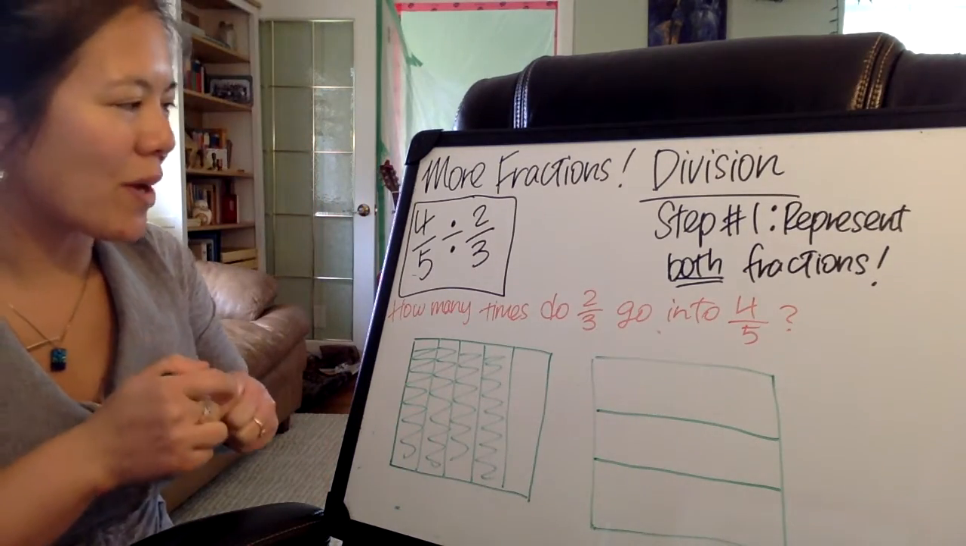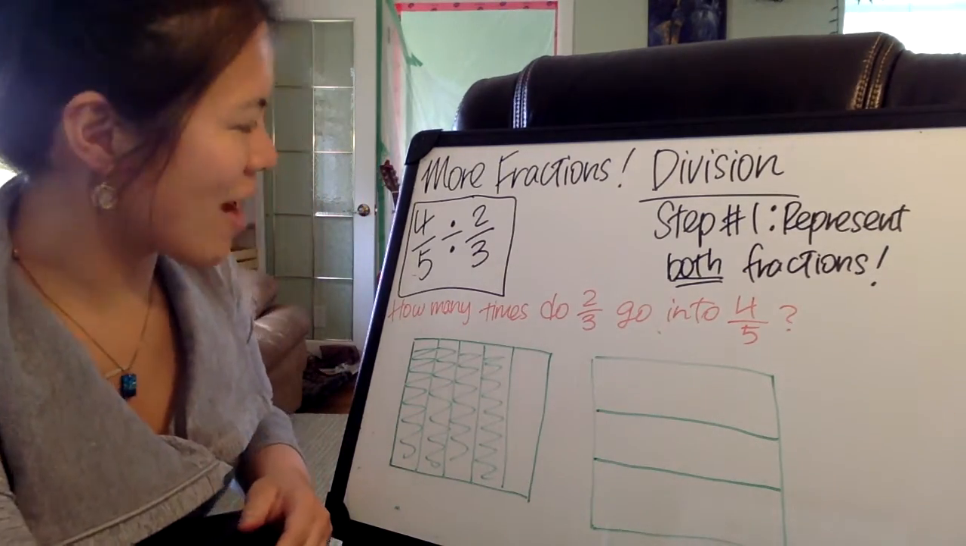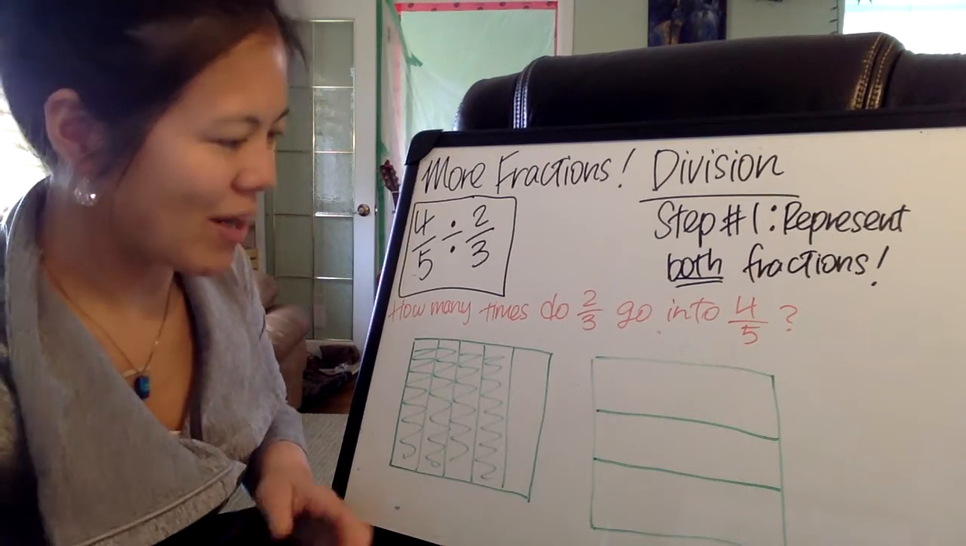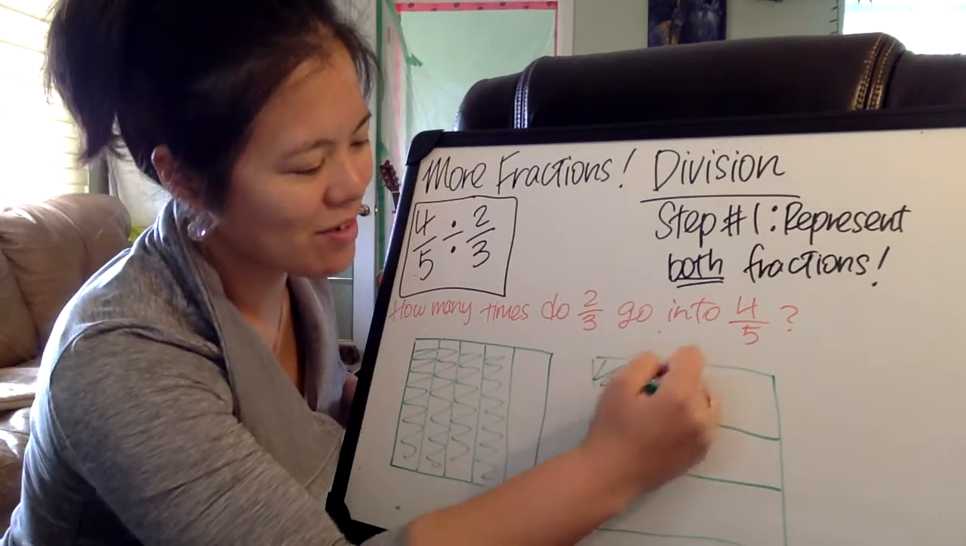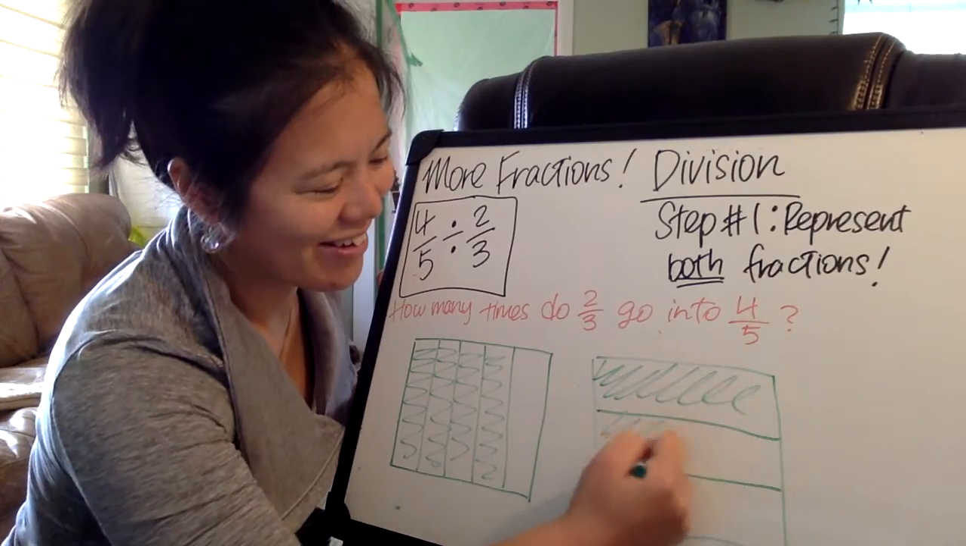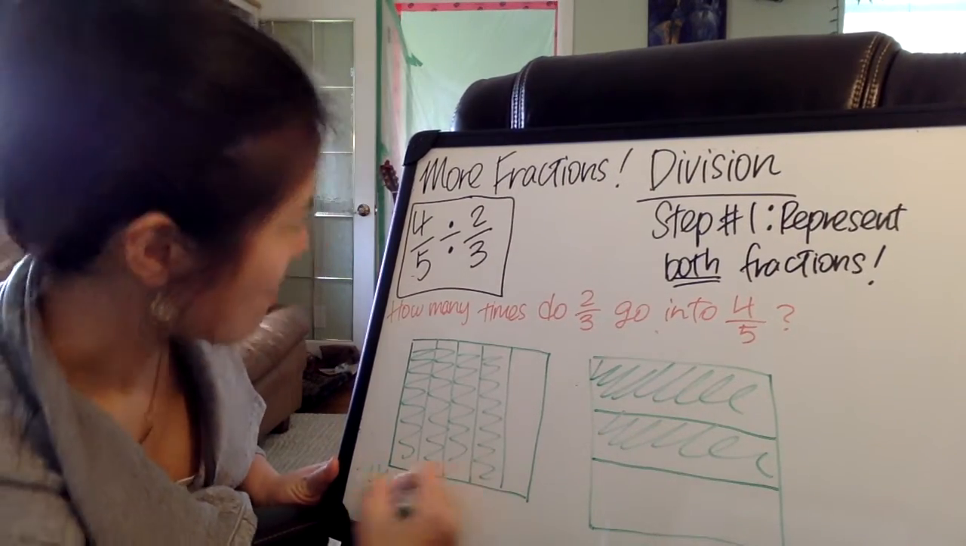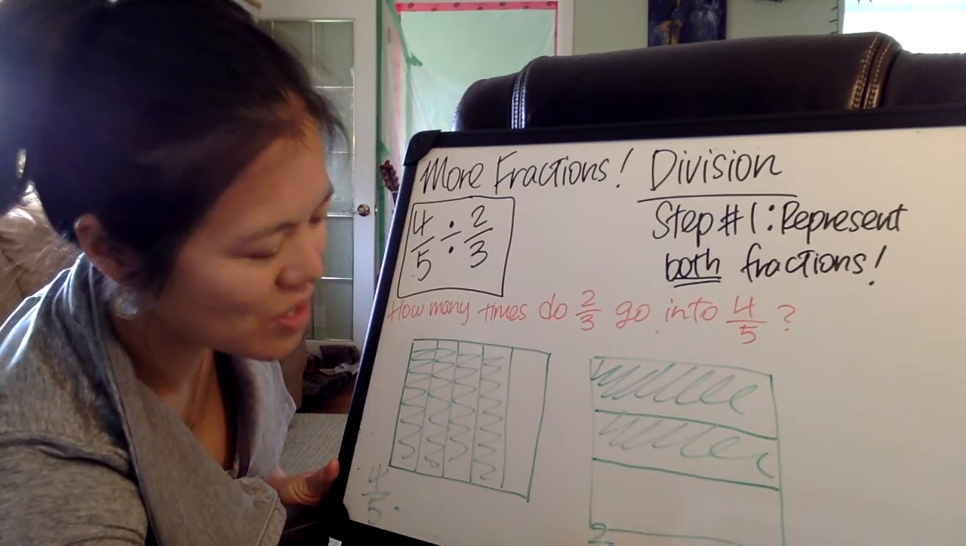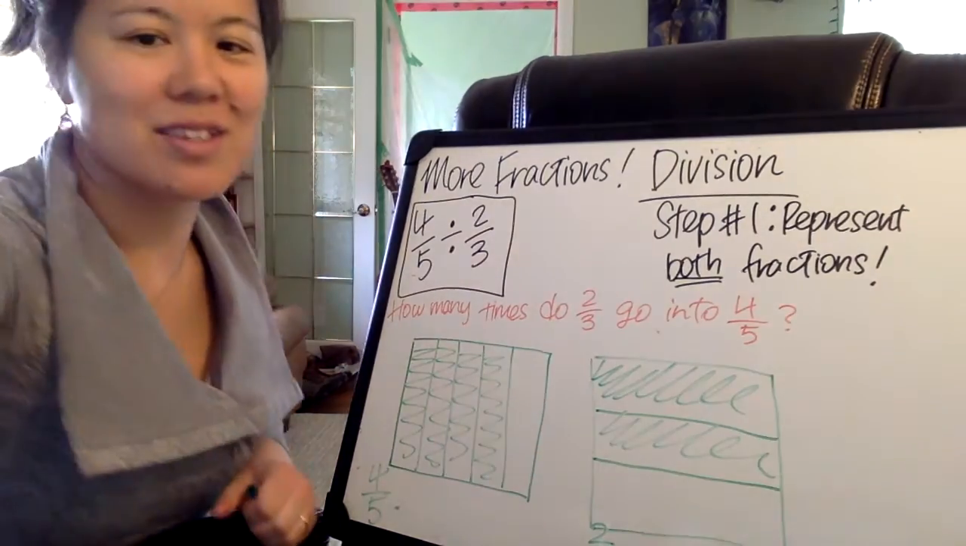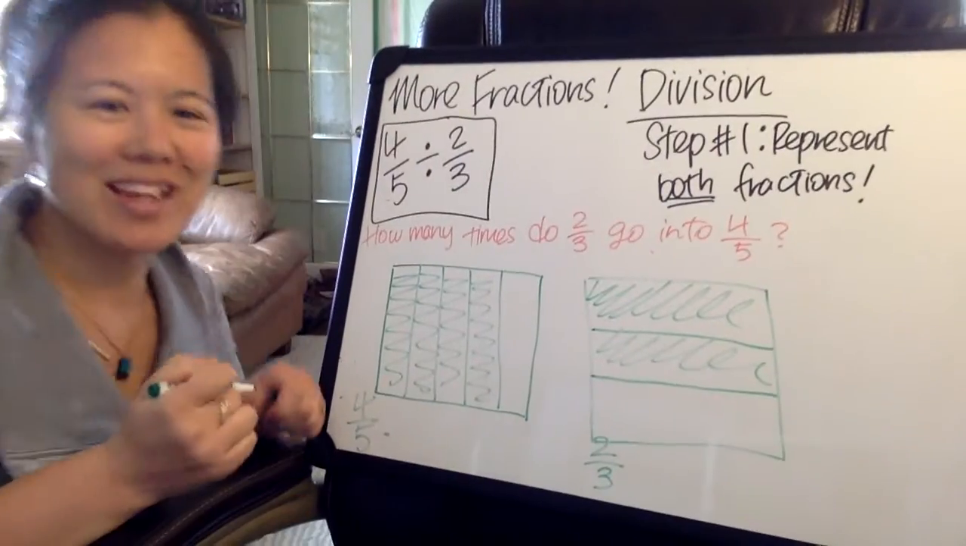Okay, so what are we going to do now? What we're going to do now is, oops, forgot to color that. Okay, so this is my 4/5. This is my 2/3. You can't see. Okay, so